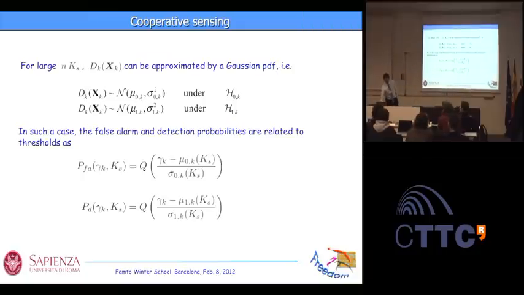Yes? So you have samples from different nodes, right, which you are aggregating. Yeah. And those might not be IID now. They are, of course, independent, but they might not be identically distributed. So how do you think in this case... I am assuming, I didn't say that, thank you for the comment. In this very simple framework, I am assuming that the measurements at different nodes are statistically independent. This is why I end up in this easy form. Otherwise, I should take into account the correlation among the nodes.